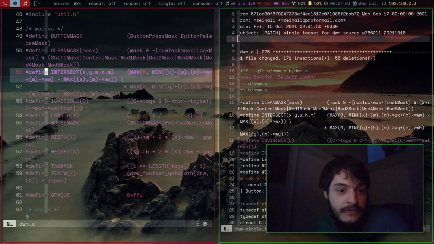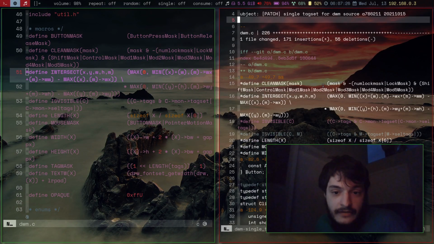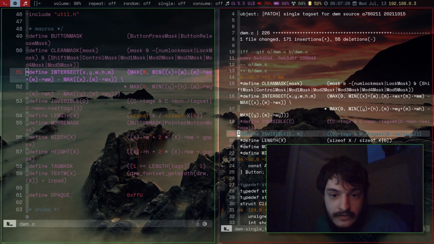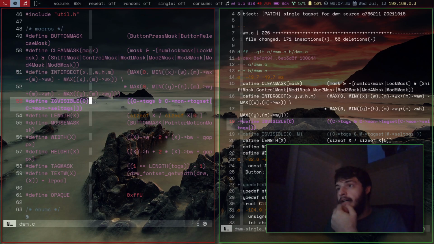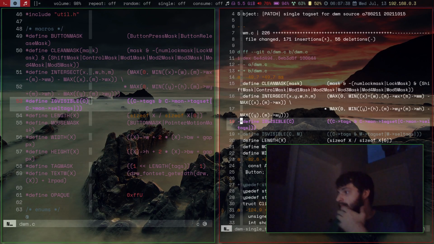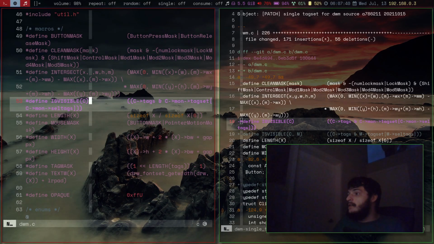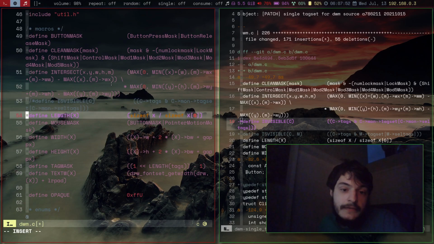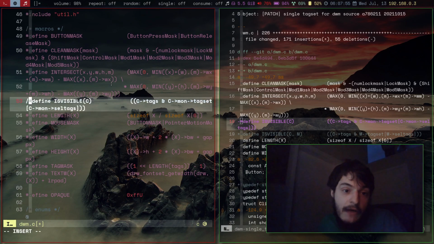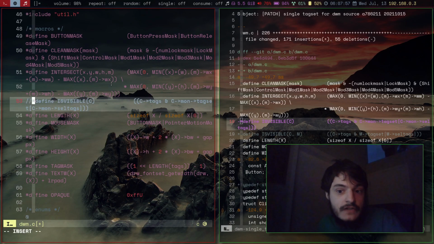Here, define intersect. All right. Define is visible. So we're going to remove this definition of is visible and add a new one. We can do that. We don't even have to delete this old line. We can just comment it out with //